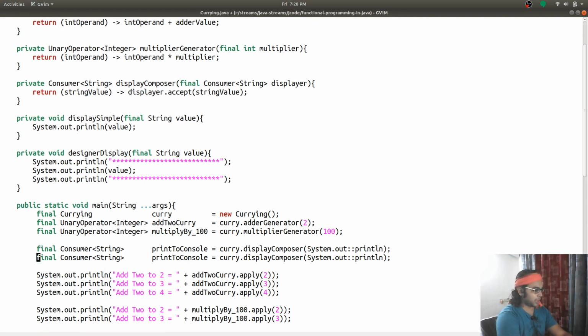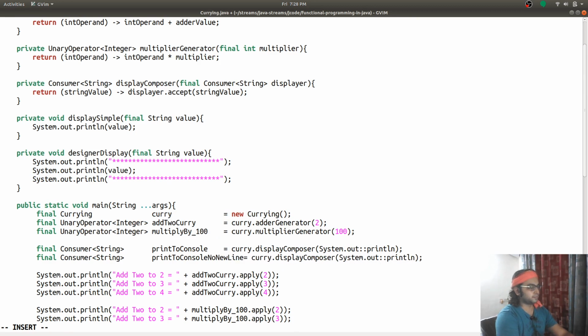Another is going to be something like print to console, no new line.